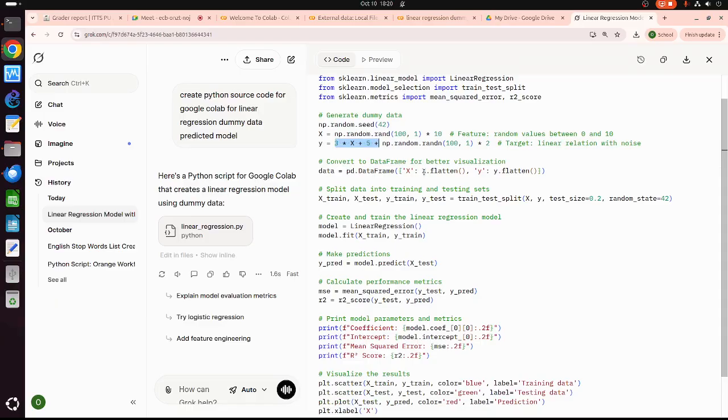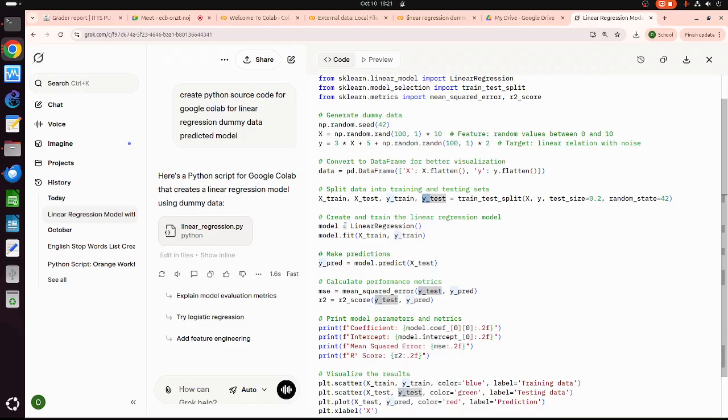And then this one converts the data into a data frame. Okay, and then split the data: 80% is training data and 20% for testing data. So the data will be saved in these arrays: xtrain, ytrain, xtest, ytest.